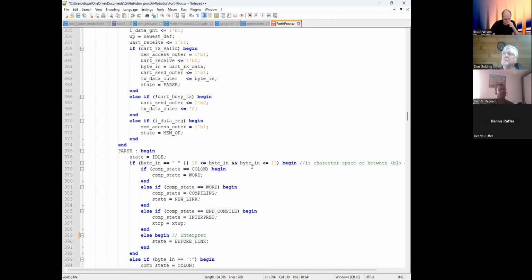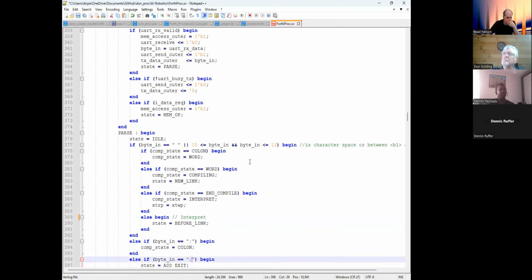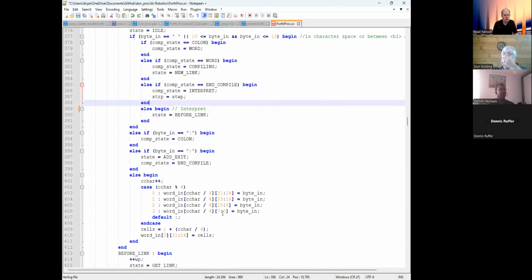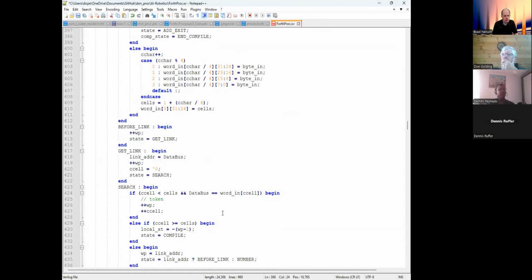Now, when we hit the return key, I think it transmits 13. So we're going to enter into this part here. The default compiling state is interpret. So we're interpreting. So we're going to go to this state here, before link. Now, before link seems a bit strange. The reason why it exists is essentially because of the delay that happens